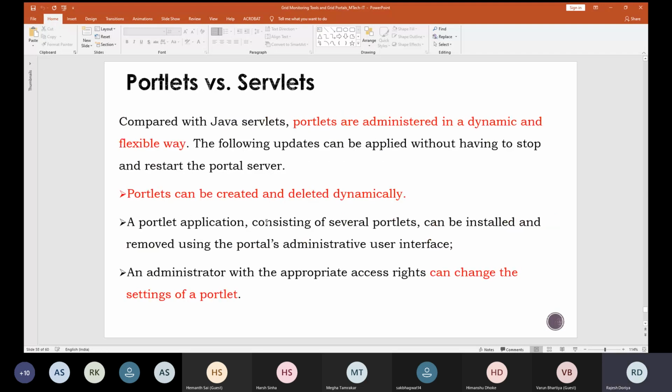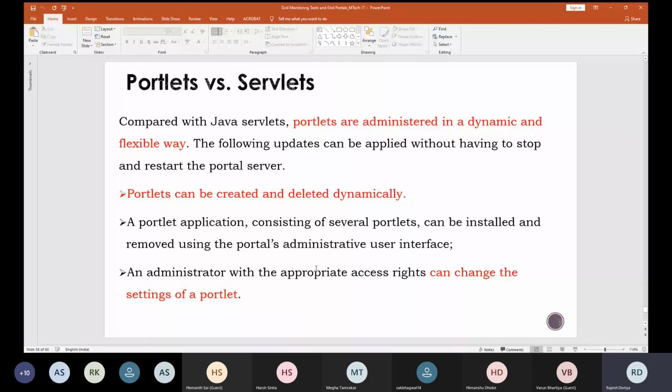That is the basic difference. Apart from that, portlets are administered in a dynamic and flexible way, while the same is not true of Java servlets. Since they are managed dynamically, they can be created and deleted whenever required, and users can install or remove them dynamically.